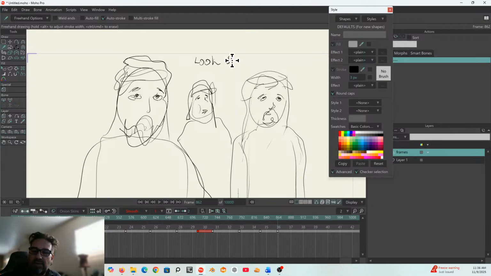Like I said, this just gives me a guide as to what happens when and what to swap out and how it changes. This will actually be exported and put into the editor. I use DaVinci Resolve, and that'll be brought into there, and then I will replace each shot as I create each shot in Moho, so I can keep tabs on what's left to do and what they need to look like. So they look up, and